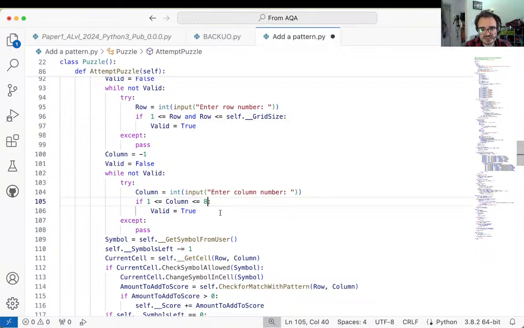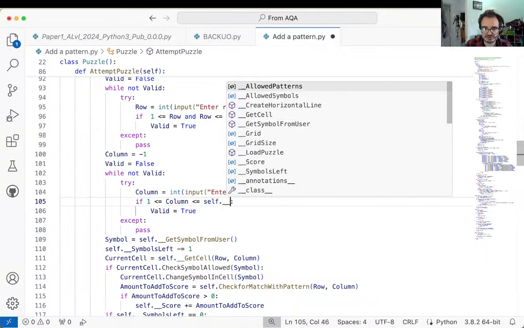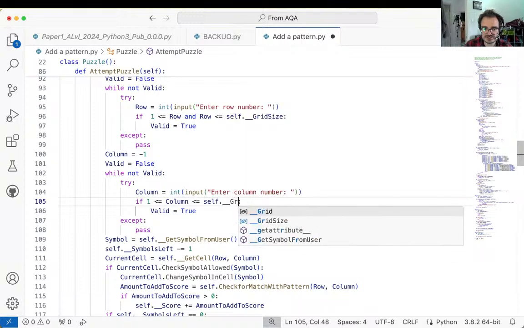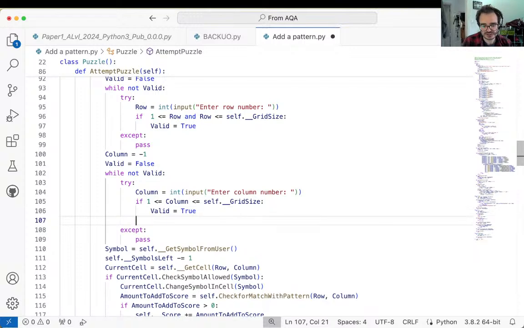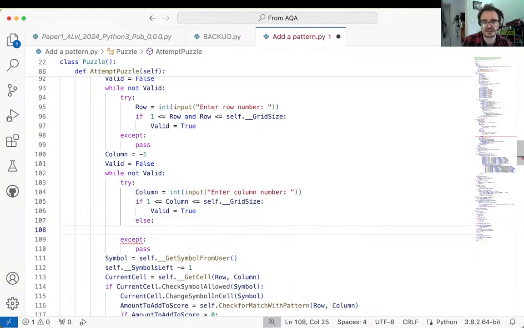Because the examiner's notes did say that pupils would have lost marks. I think I've seen that in something I was reading. People would have lost marks by not having an error message. Yeah, we just read that. That was in there. And so what we can do is an else block saying